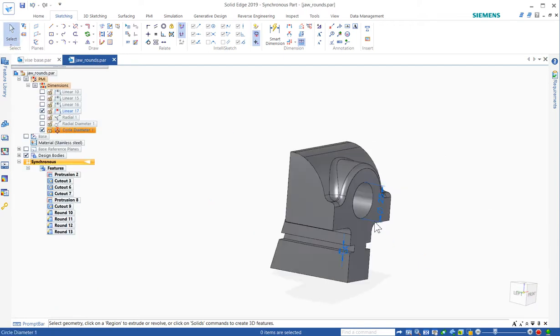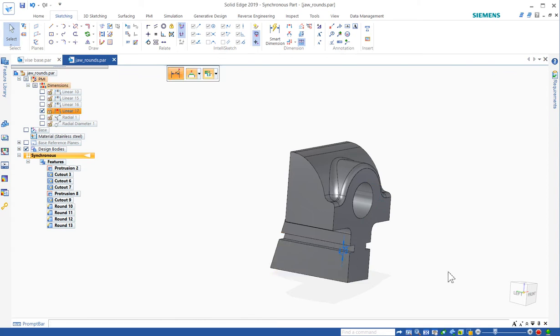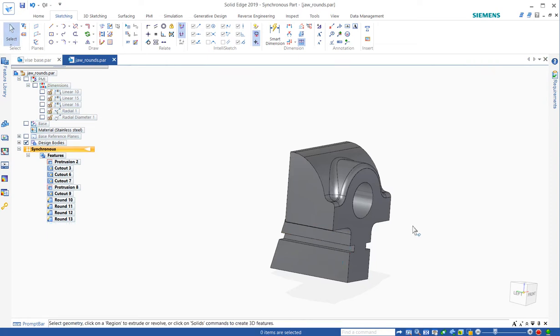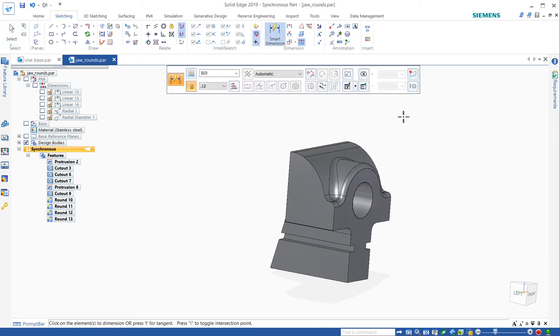So let's jump to this round. I'll show you a couple more little details about dimensioning. I've gone and placed a couple here. Sometimes I even get hung up deleting dimensions. You need to pick them away from the value if you want to delete them. So let's place a smart dimension,